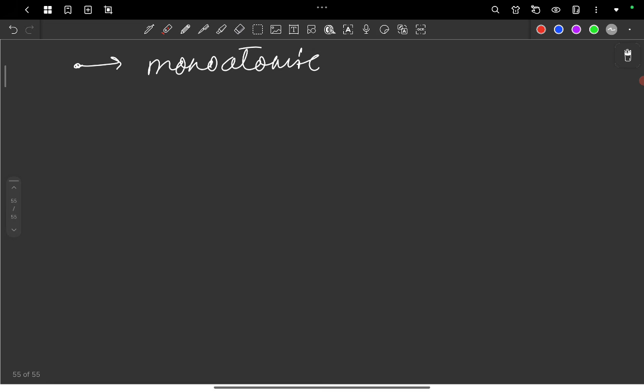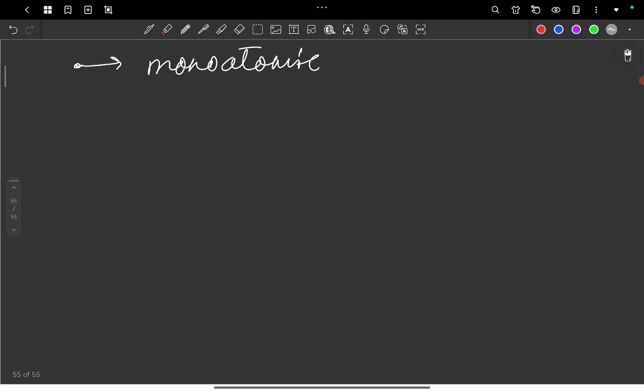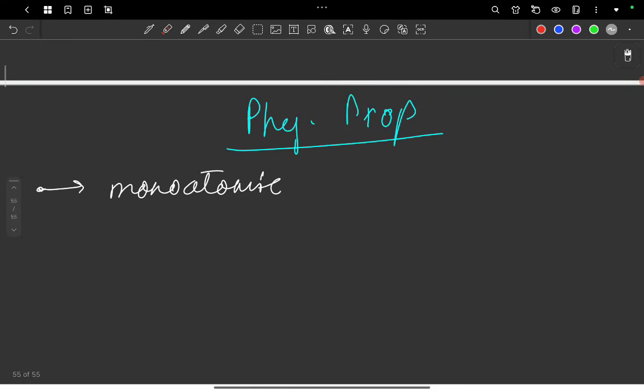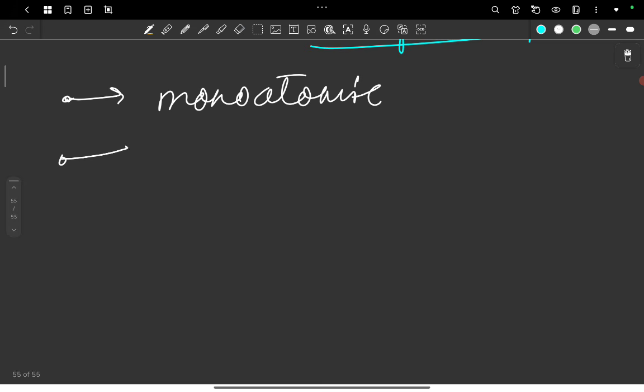But these gases, they are just there. They exist as a single monoatomic entity. Helium exists like this, neon exists like this. That one atom in itself is quite stable. So this is why they don't really feel the need to make another bond with any other atom. So they are monoatomic and exist in that state only, and they are